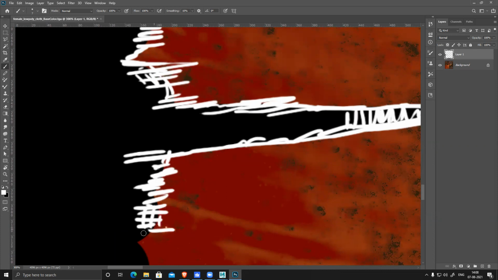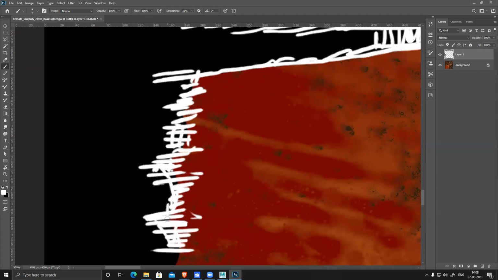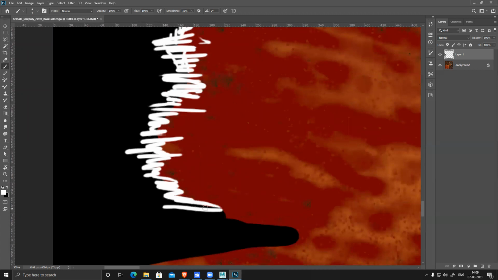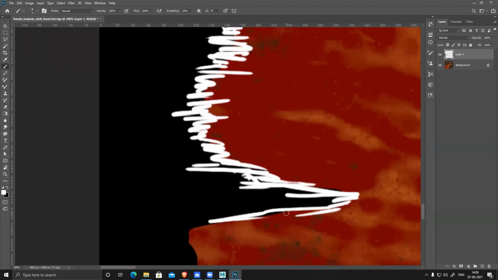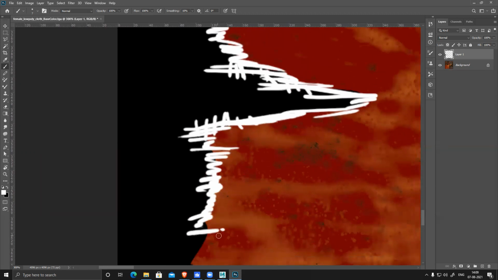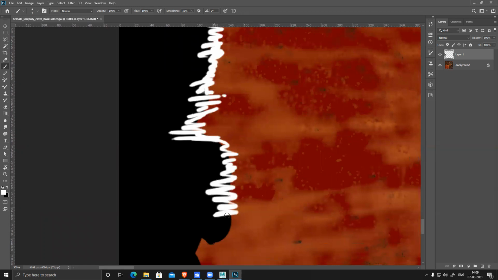Some threads, loose threads. Some random shapes.